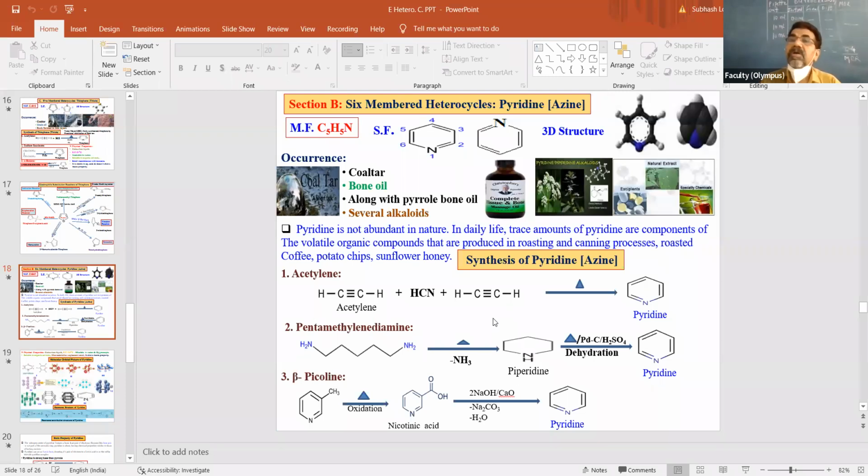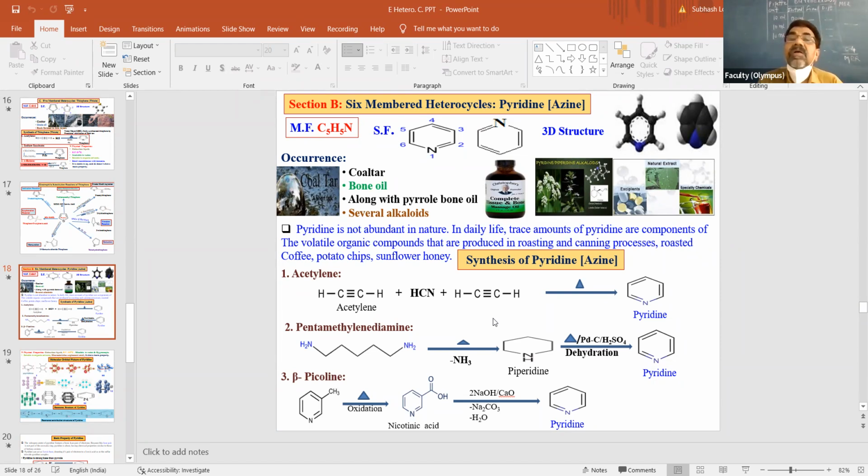Which of the compounds has the following name? Which compound has azine as its heterocyclic name? They give the names pyrrole, thiophene, furan, pyridine. So azine is the only six-membered heterocyclic compound, commonly called pyridine. Pyridine is a very useful reagent which can be used in the laboratory as a catalyst for carrying out different reactions. As azine is the IUPAC name, the molecular formula, which is already shown on the screen, is C5H5N.